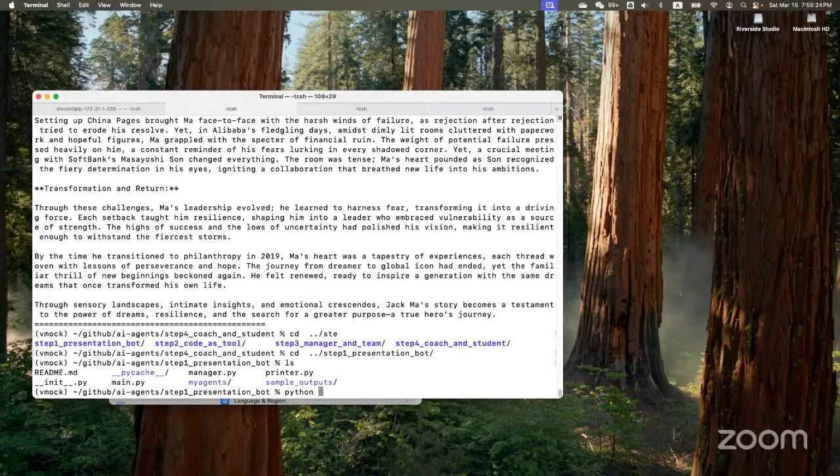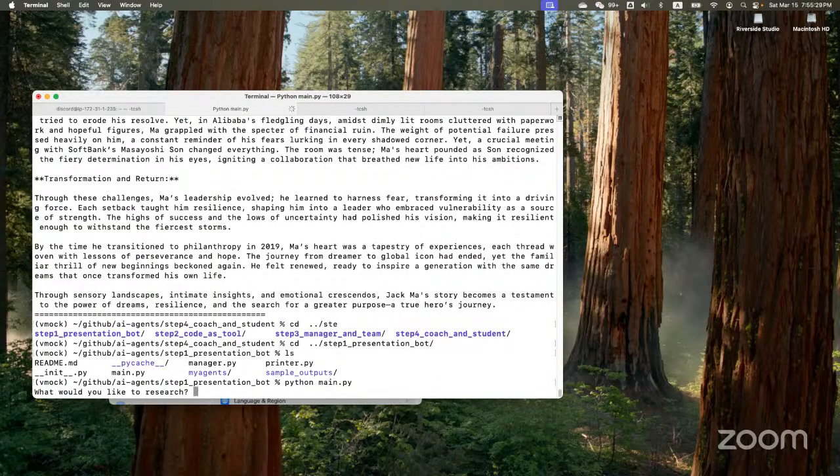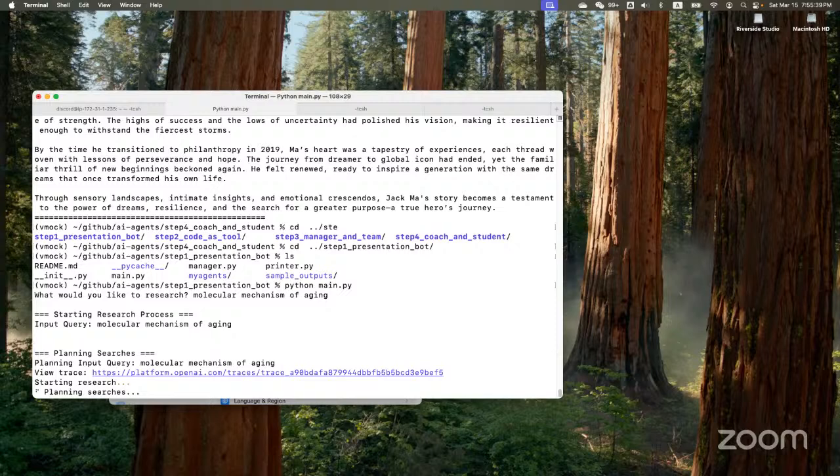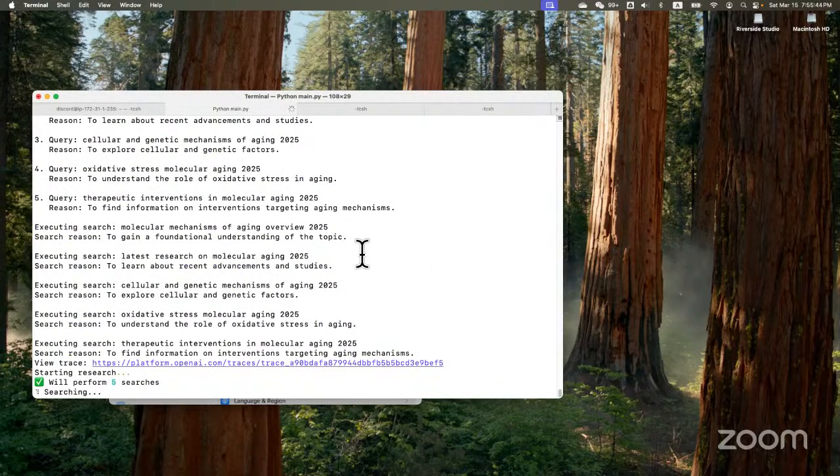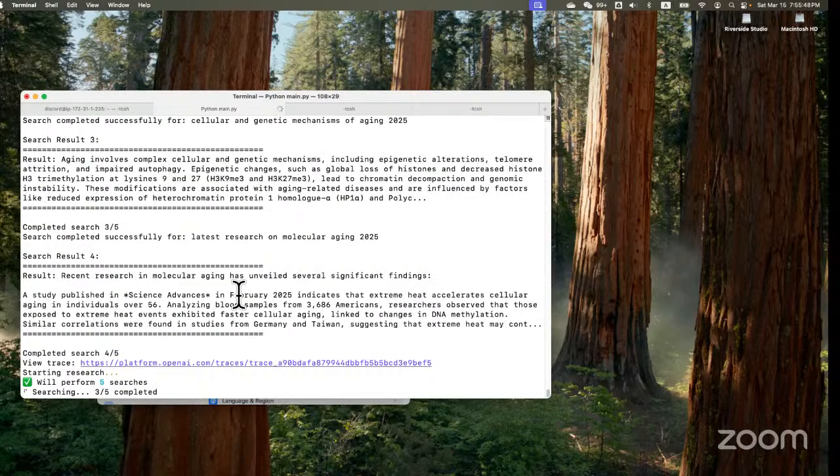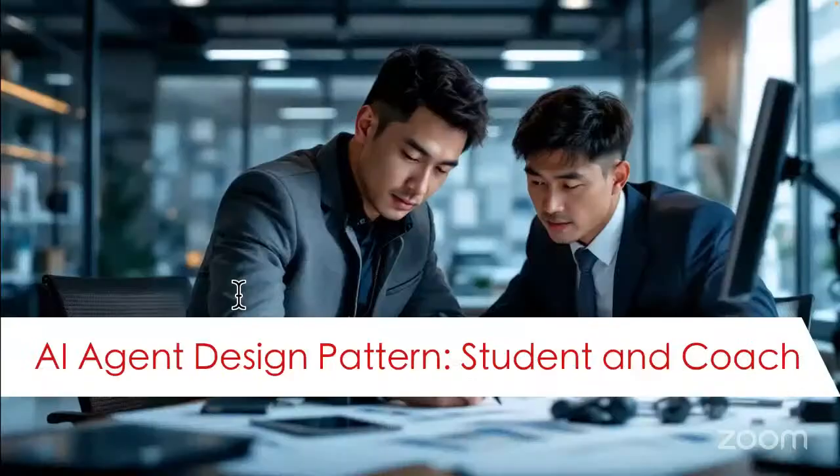Research the molecular mechanism of aging. Okay, yeah, so it's doing this search, 5 searches. I can come back later to this.